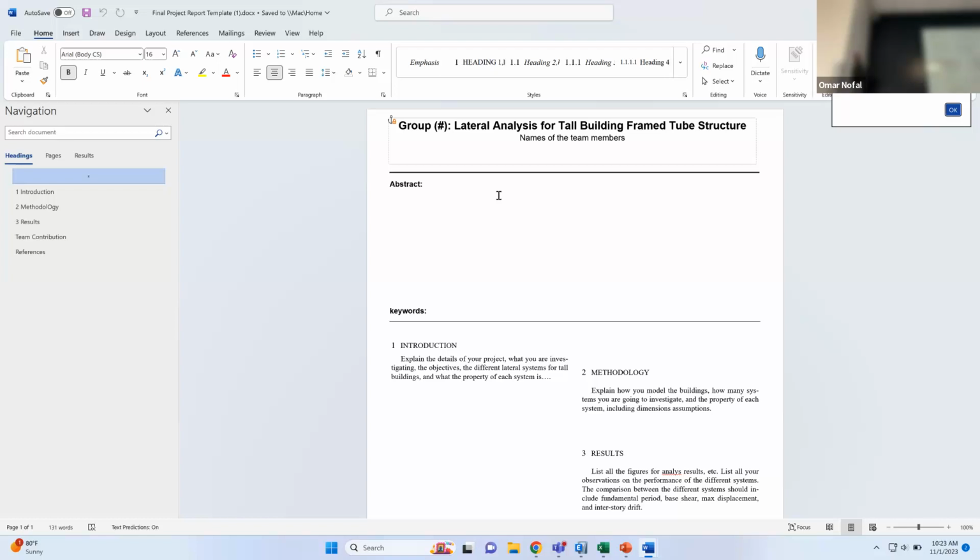And finally, you show me the results. All these things, the maximum displacement, the drift, all the plots, should be in the results. And finally, you make a summary. You tell me what is the best system that performs in your model, like which one is the best that you can choose, okay? And if you have any comments, like you will say, okay, I know that, for example,